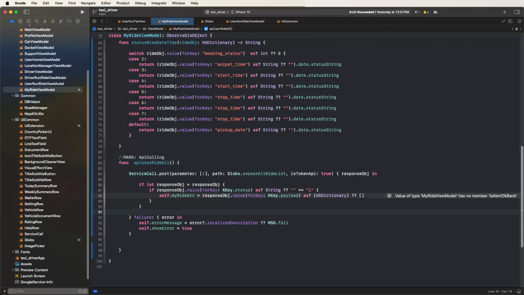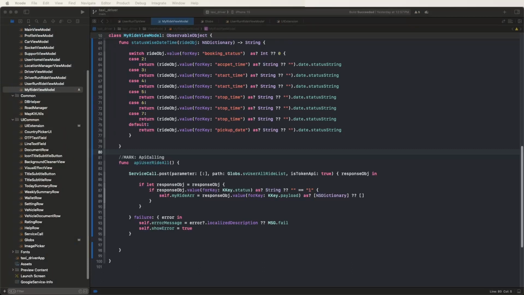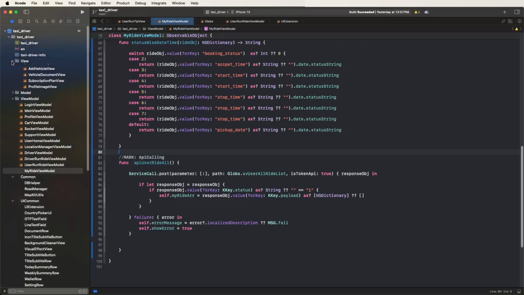Like this, I need to call the API here, and also make sure the API works with the token. That's why I need to pass the token here. Like this. Now I need to develop the UI for my rides view. First of all, I need to go inside the view